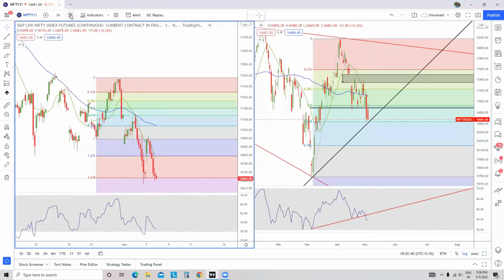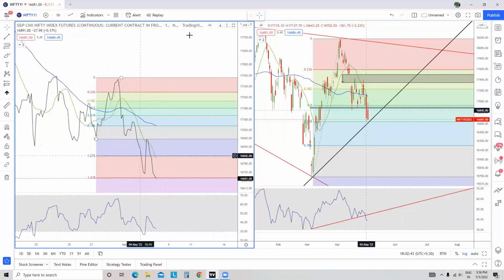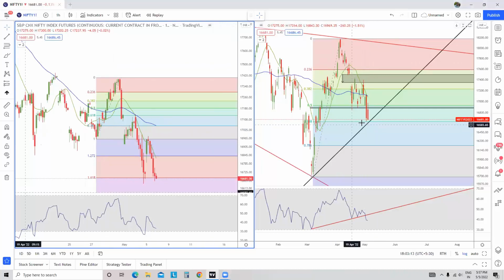Now, if I convert this candlestick chart into a line chart, what we can see is that we do have a lower close in the line chart, and we do have a higher low in RSI. What is this? Is this a positive divergence? No, it is not a positive divergence, but it clearly means that the downside momentum of the market is waning. So we need a very strong selling pressure in the market to come forward